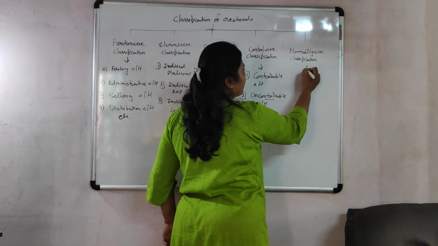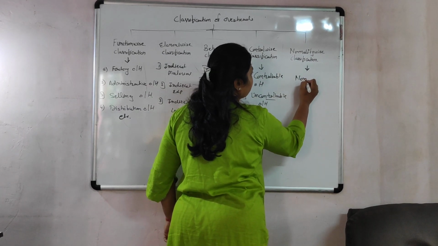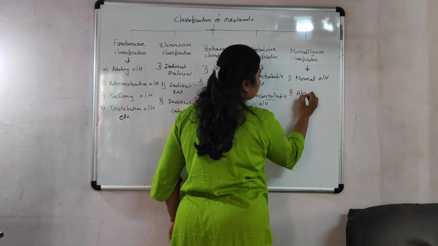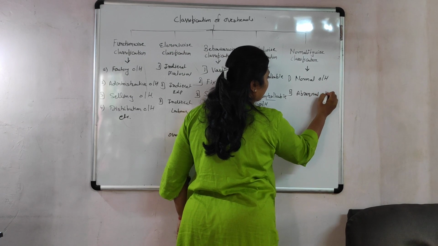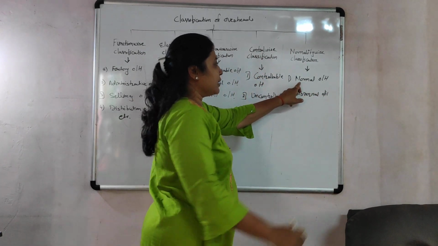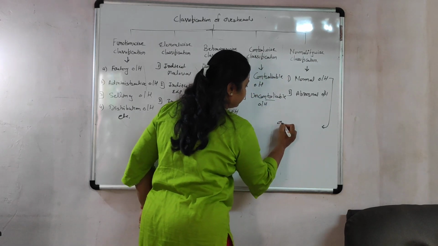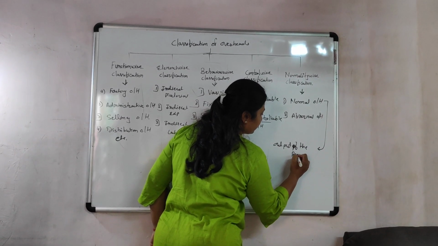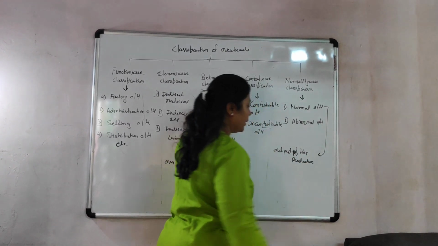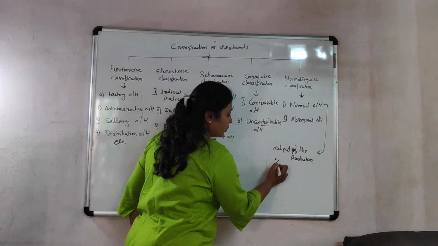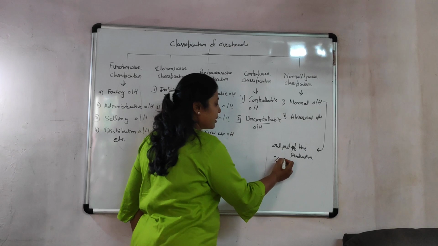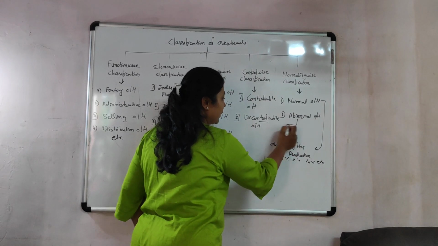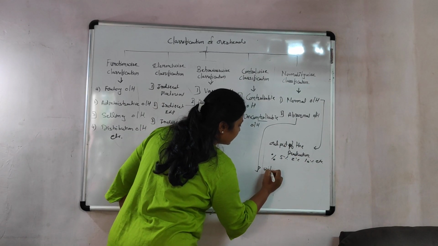Last one is normality-wise classification. This is normal overheads, second is abnormal overheads. Normal overheads is related with the output of the production. In many companies, the percentage of output is fixed by the management, that is 5%, 2%, 10%, etc. But the abnormal overhead is related with the output